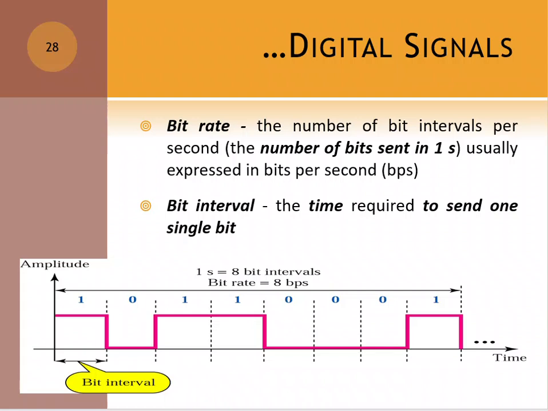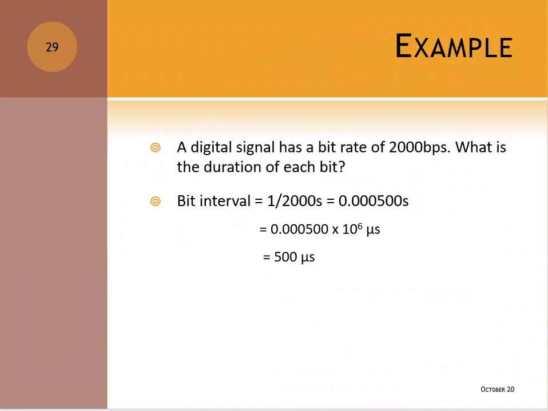Okay, let's consider this question. A digital signal has a bit rate of 2000 bps. So, given to you the bit rate, what is duration of each bit? Bit interval ataupun sometimes dia panggil juga sebagai bit duration ataupun duration of each bit. Dalam exam kalau dia sebut bit duration, samalah maksudnya dengan bit interval. So, bit interval, for this question, 1/2000. So, equal to